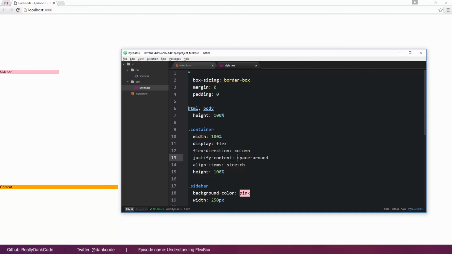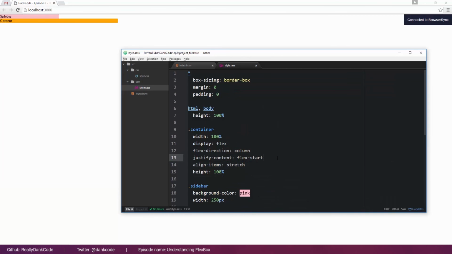So this one becomes the thing that aligns things vertically, and this one becomes the thing that aligns them horizontally. So if we were to see that, we can see flex start, it's gonna stack them to the top,